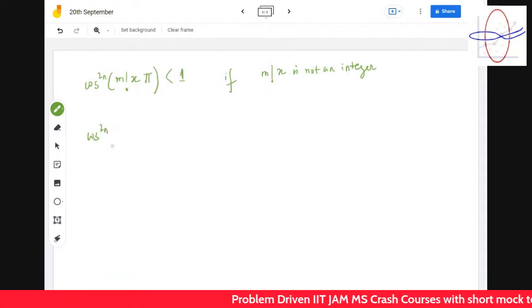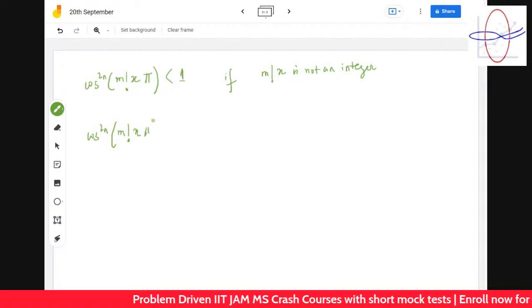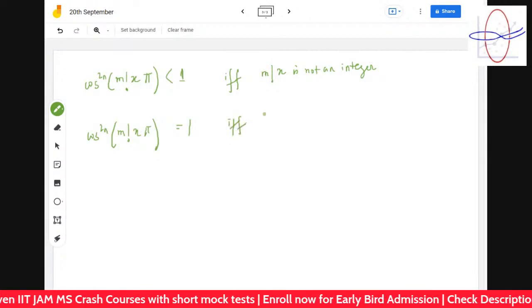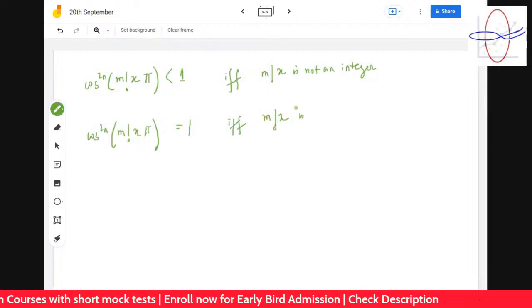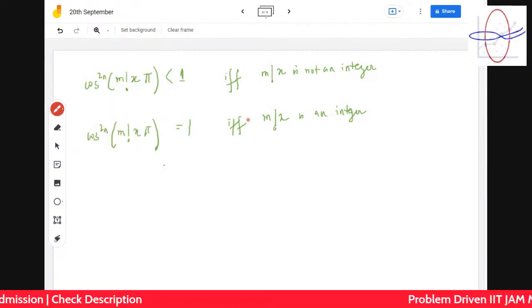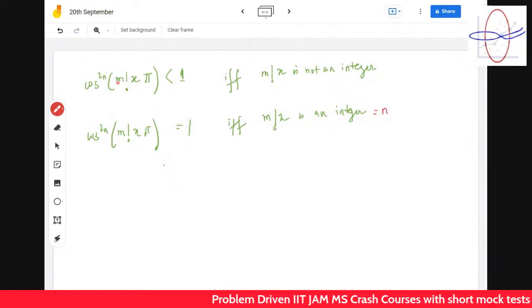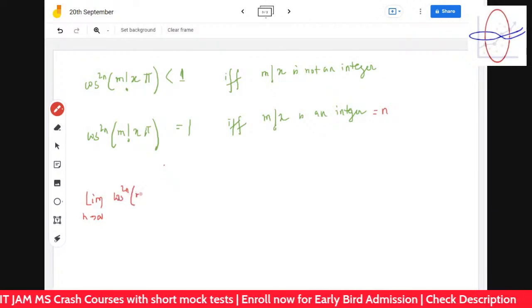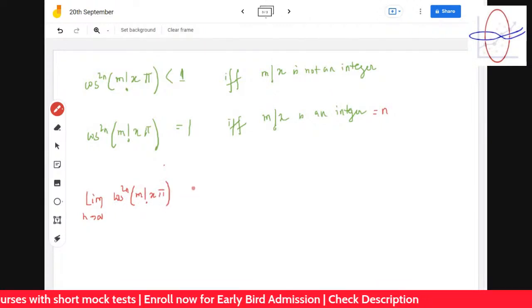And cos 2 pi m factorial x pi is equal to 1 if and only if m factorial x is an integer, right? So therefore you can understand, let's call it n. Now if I do limit n tends to infinity of cos 2n m factorial x pi, this will go to 0 if and only if